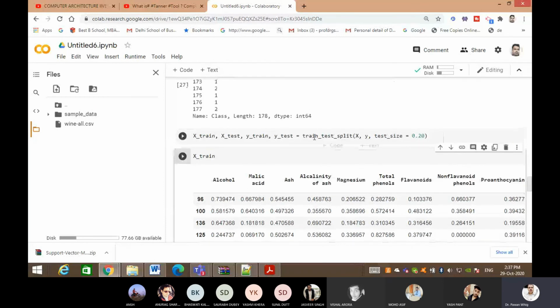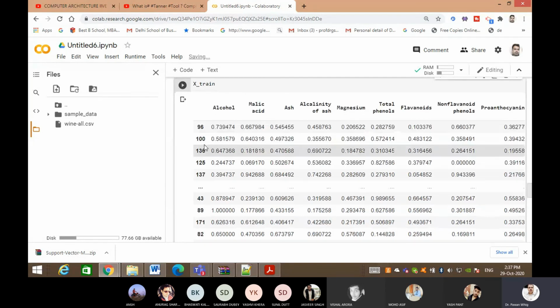Yes, this is X_train, which picked random data. How is this training and testing done with the 20 percent split? It doesn't mean that the top 80 will be taken and the bottom 20 will be the test size. No, it will randomly break the data into 20 and 80. See, from the serial numbers you can identify this. Randomly it will segregate the data.